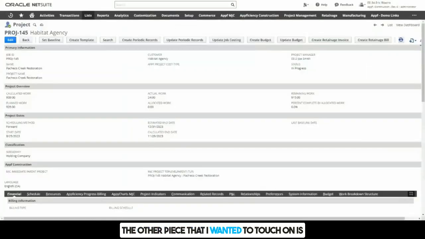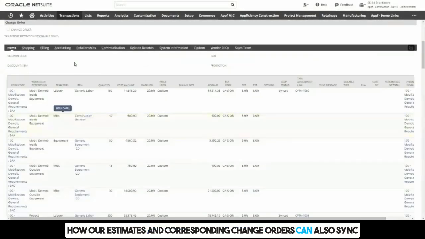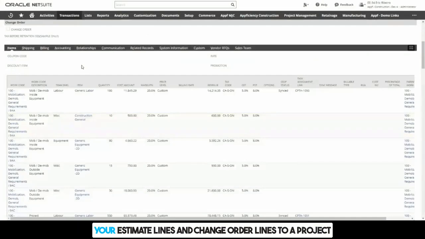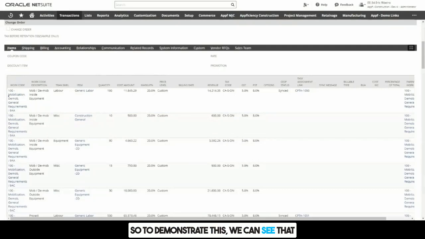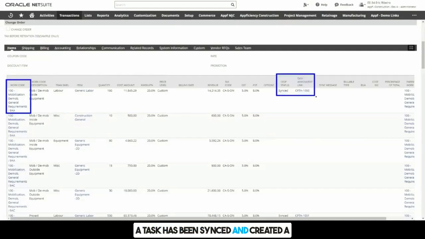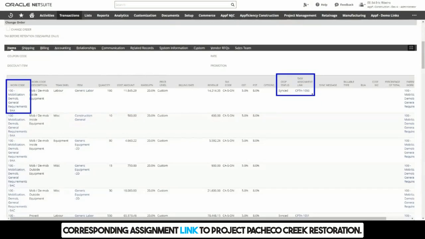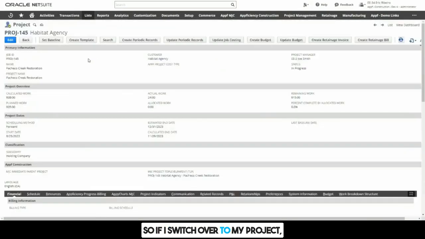The other piece that I wanted to touch on is how our estimates and corresponding change orders can also sync your estimate lines and change order lines to a project and create that project schedule or project plan. So to demonstrate this, we can see that for work code 9AA, a task has been synced and created a corresponding assignment link to Project Pacheco Creek Restoration. So if I switch over to my project,